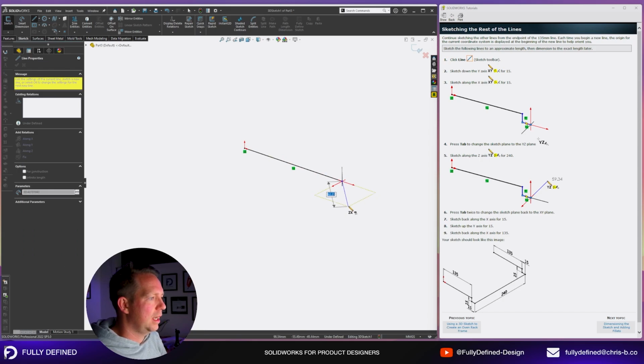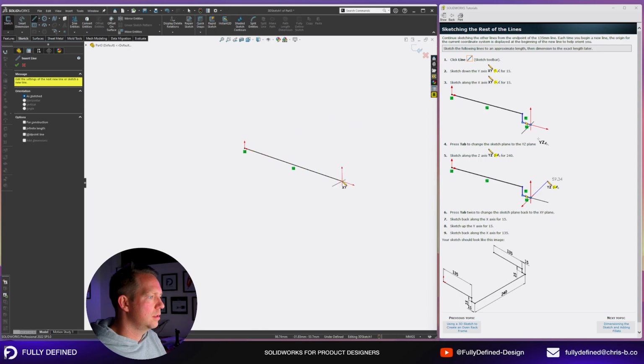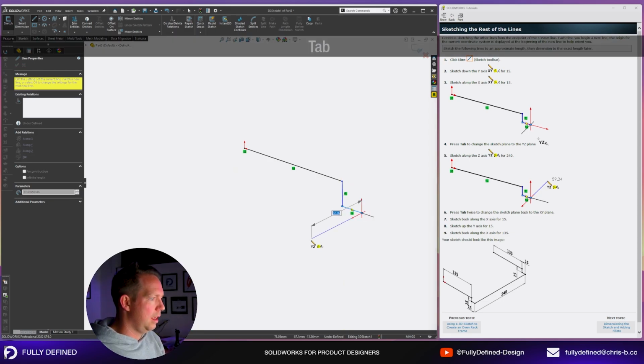Now you can see as we're dragging here, we're on the ZX axis. We actually want to go down. So we're going to press the Tab key on the keyboard. I'll just turn that tool on again. Okay, so press the Tab key and now we're going down X and Y, so that's down. And then I'm going to come across. And here you see step 4, once we've done that, is we press Tab and we're going to come across